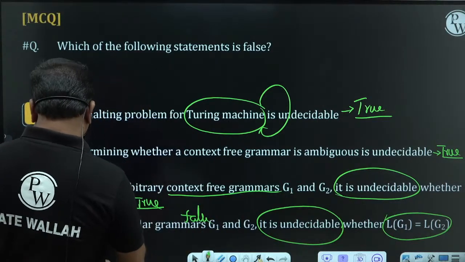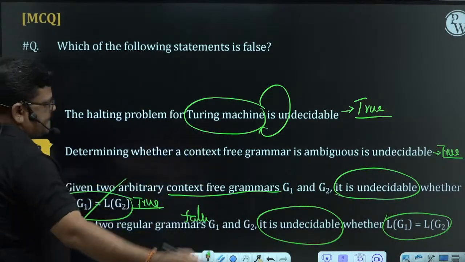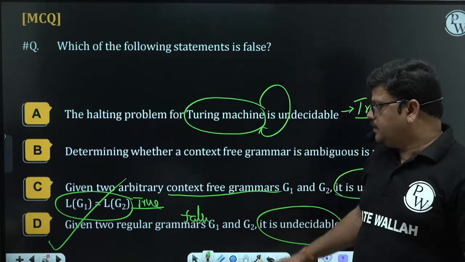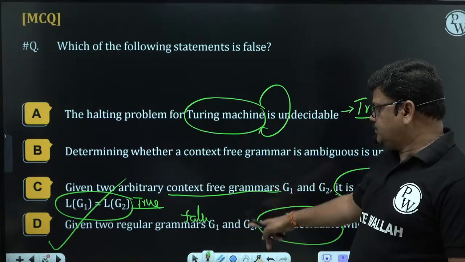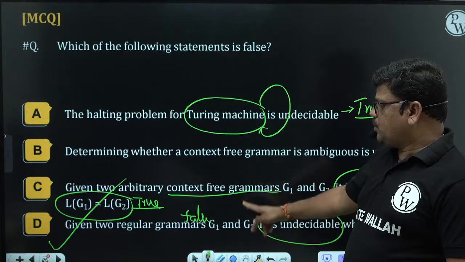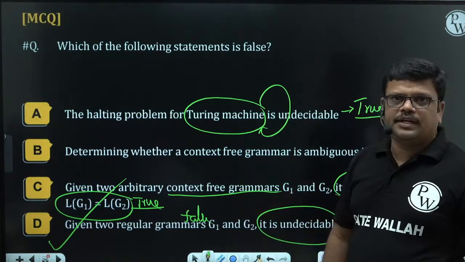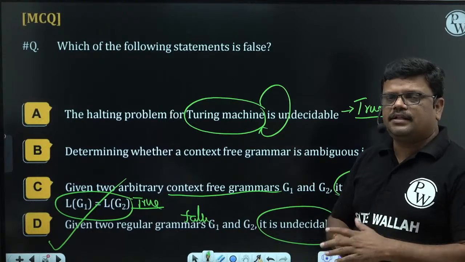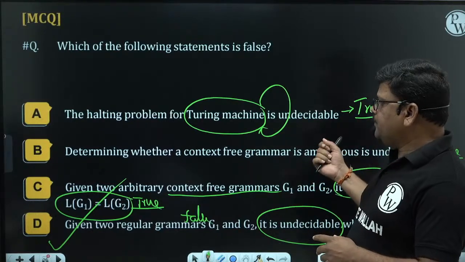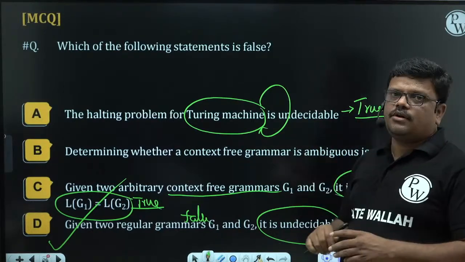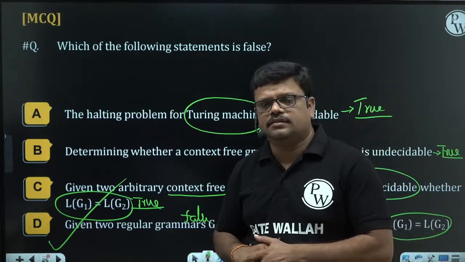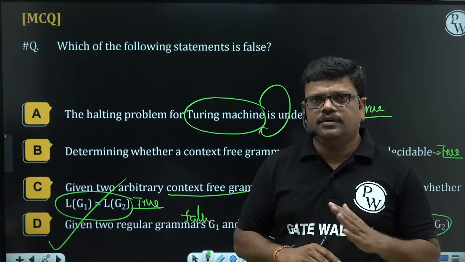Our required answer is nothing but this. So in this question, these two options are directly from our table. The halting problem is a common one, RELs. That is undecidable, a known thing. So ambiguity problem of context-free grammars, anyhow, while studying, this is a famous problem in theory of computation. That is also undecidable.